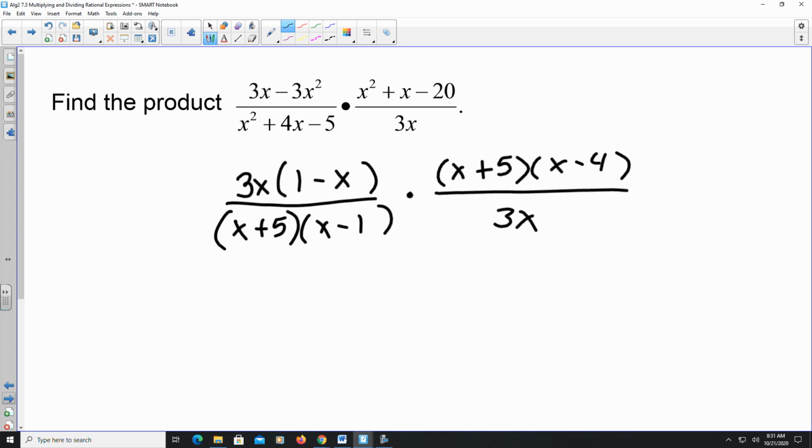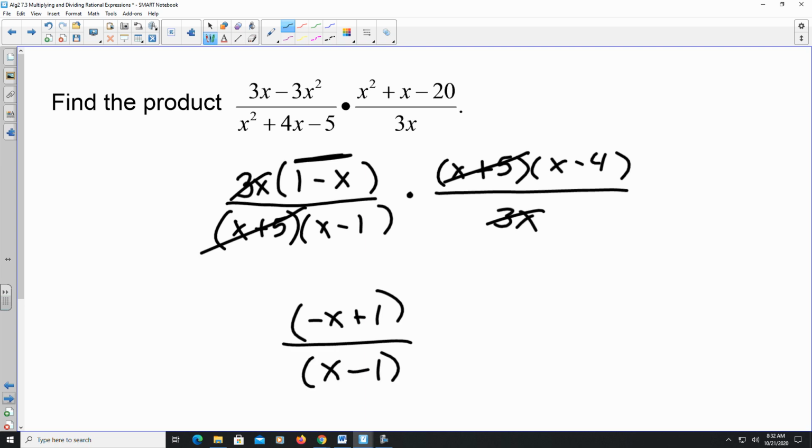So now I need to look at things that appear to be the same. So 3x and 3x, those can be 1s. X plus 5, that is also 1. Now, what I'm going to do for my next step is this. If you look at this x minus 1, it looks really close to, I'm sorry, to the 1 minus x. So what I'm going to do is actually flip this top one here and say, okay, I'm not changing the signs yet. All I'm going to do is say, oh, this is negative x plus 1 divided by x minus 1 times